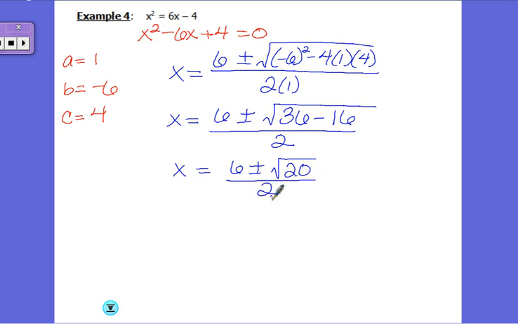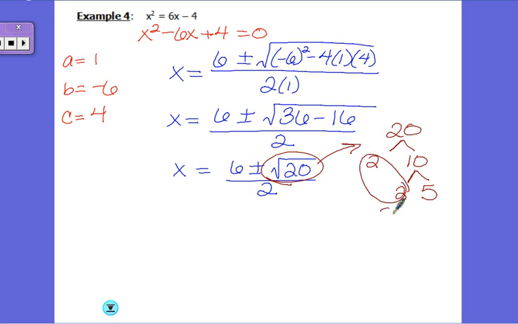Now 20, that can be simplified, the square root of 20. So let's take a look. 20, break that down. What goes into 20? 5 and 4, 2 and 10. Let's go with 2 and 10. Break 10 down. We get 2 and 5. Remember, we're taking the square root, so they're coming out in groups of 2. We have a pair there, so a 2 jumps out. Our 5 stays in. So we're going to have x equals 6 plus or minus 2 square root of 5